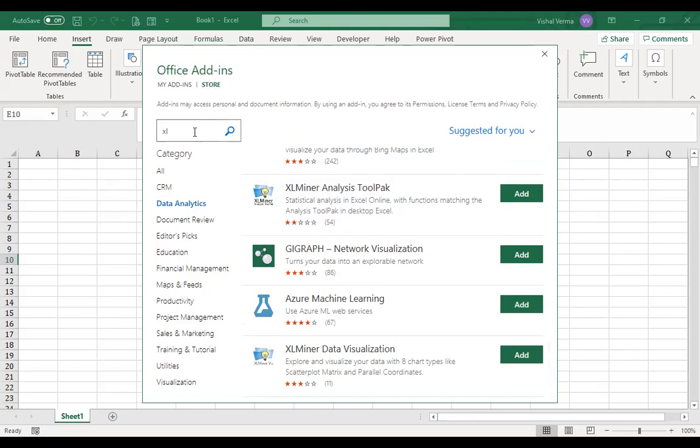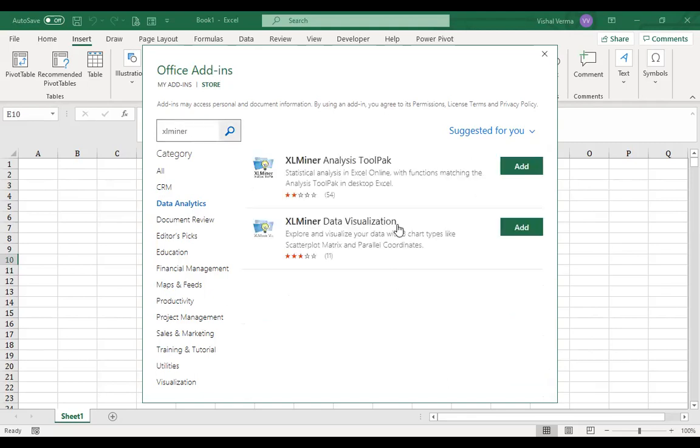Or you can just type in Excel Miner to get the tool pack. Just click on add, and it will be added to your desktop. If you want, you can go for Excel Miner data visualization, but this Excel Miner tool pack is required.